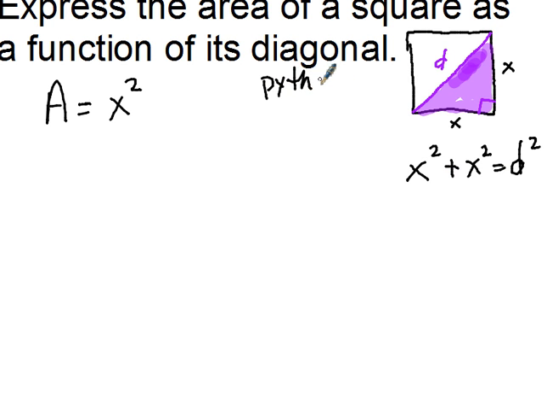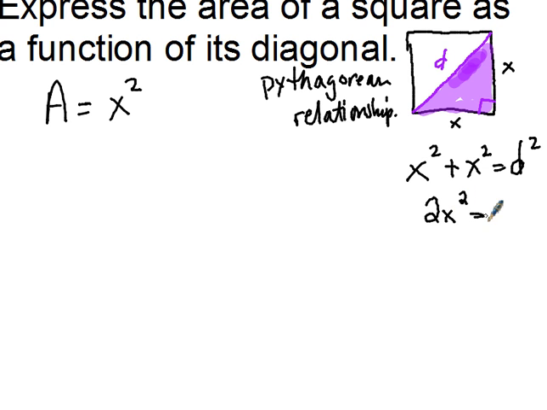Okay, so I don't have a secondary equation for diagonal. I have this Pythagoras: x squared plus x squared equals d squared. So 2x squared equals d squared. And when I take the square root of both sides,